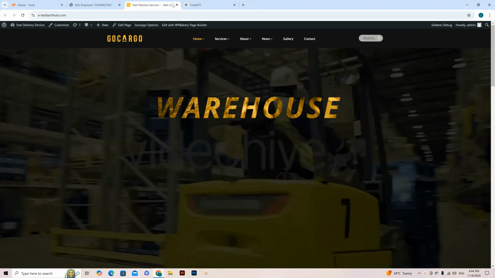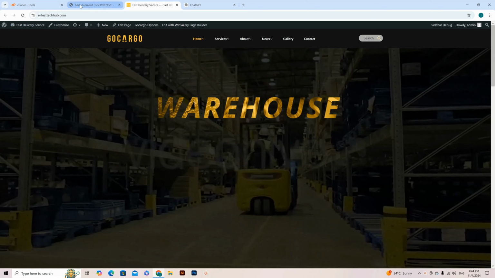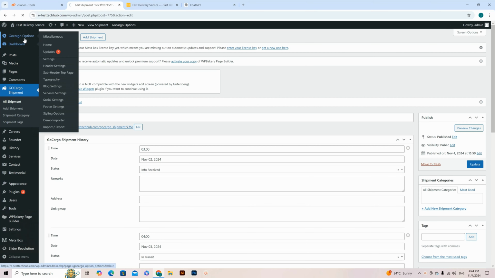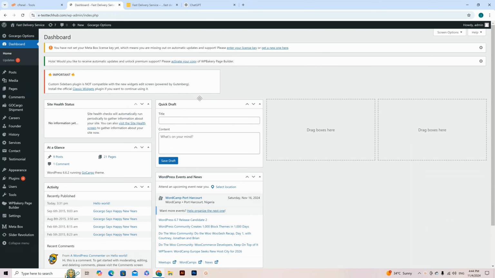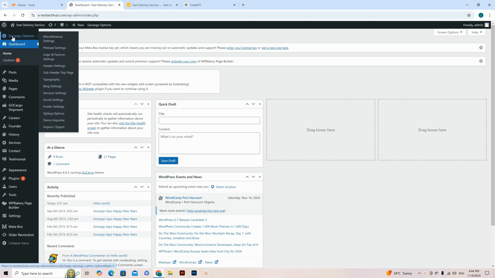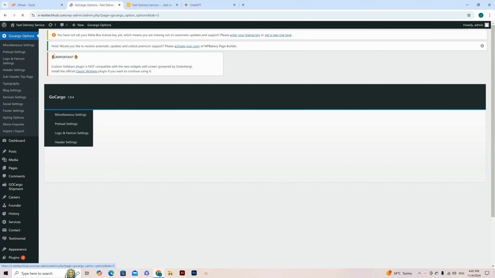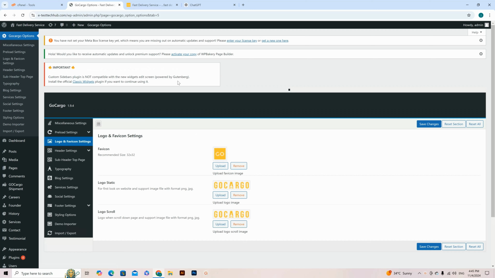To do that, we just go back to our dashboard. Here, click on Go Cargo. Then we'll click on Logo and favicon settings. So for this